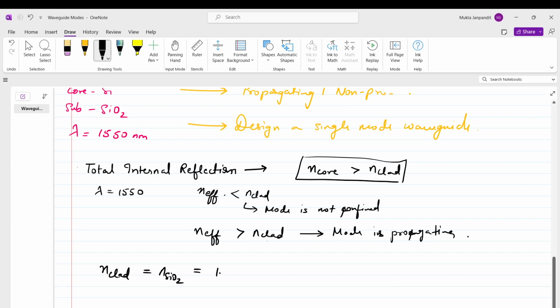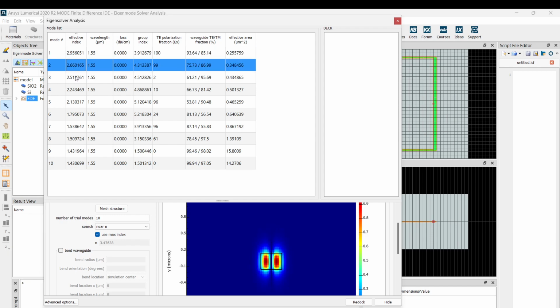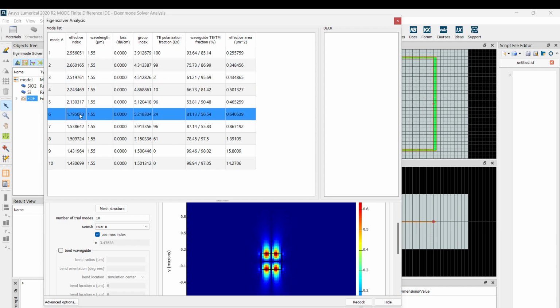That is nothing but around 1.55 for lambda equal to 1550 nanometers. So anything that is greater than this value will be propagating in the waveguide. So this will be propagating in the waveguide. Again, this is also greater than 1.55. So the first 6 modes will propagate in the waveguide.